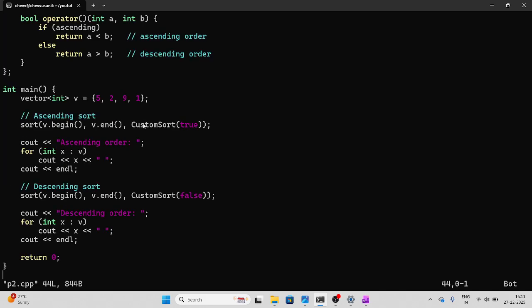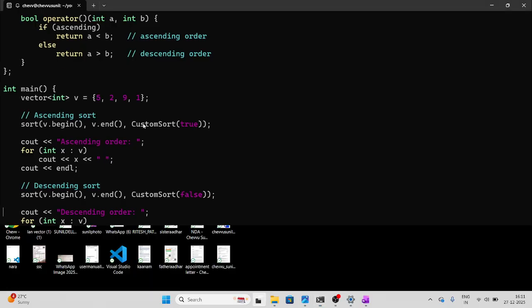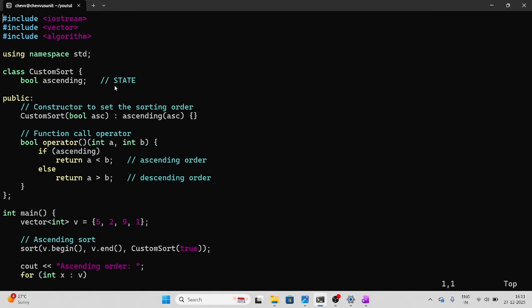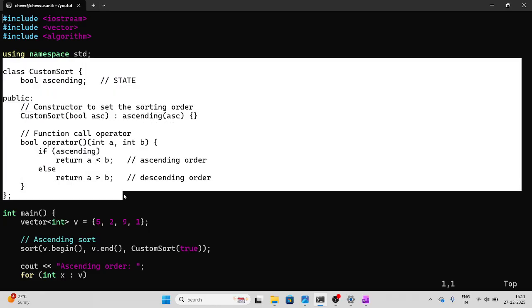It's all because of this extra variable, sorry, this extra variable which is bool ascending. For this we can use anything. We can use int, but due to memory consideration, I am using bool. So in this way, we can make this one class work for both ascending and descending order. We can use this one class. But